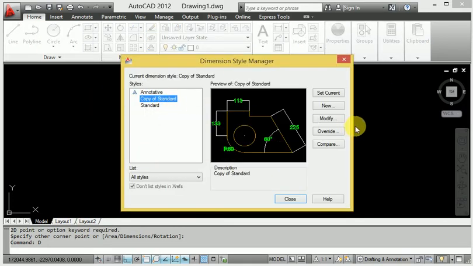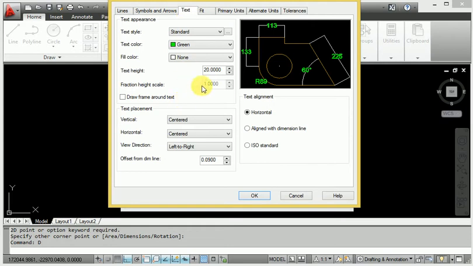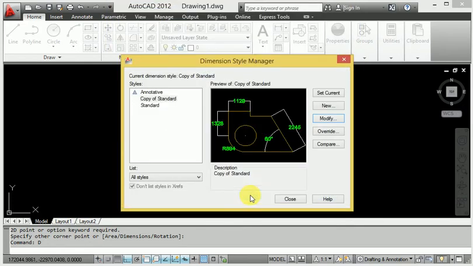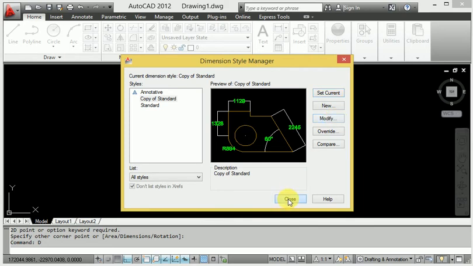First of all, create, modify and text setting. First, more important is the text setting, because it is not showing the text setting properly. When I give 200, it shows you 200, and look at this set here. And close.